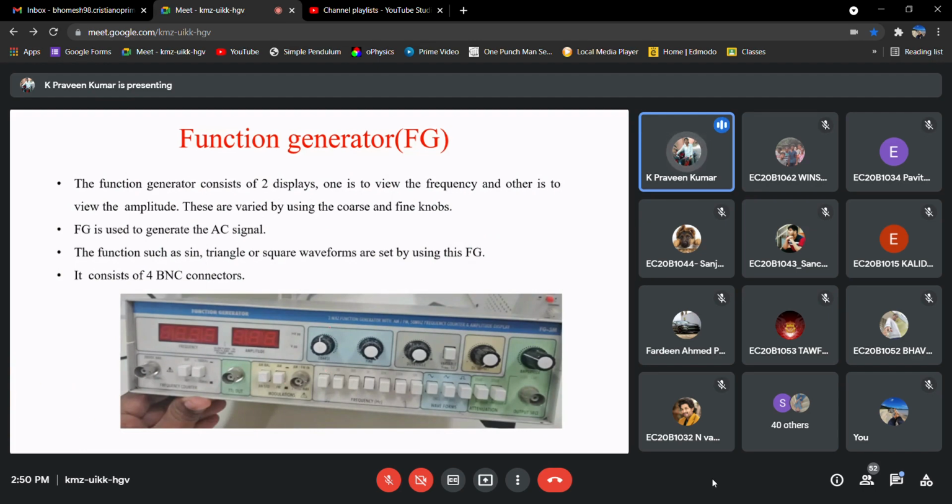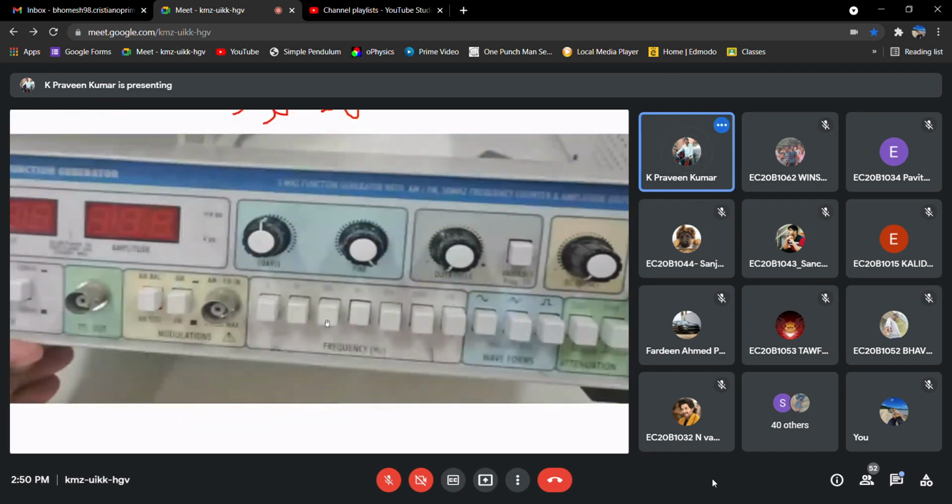If you observe here, the range is basically first 3, then 30, then 300. Like this, the range will be in multiples of 10. Which range do we want? What is the maximum frequency that I have to generate from this function generator? If you select that range, you'll get that maximum frequency.